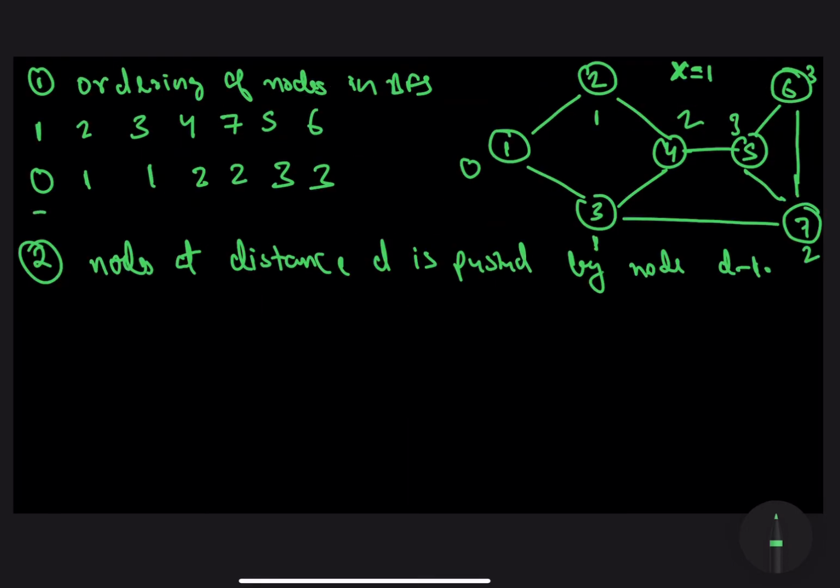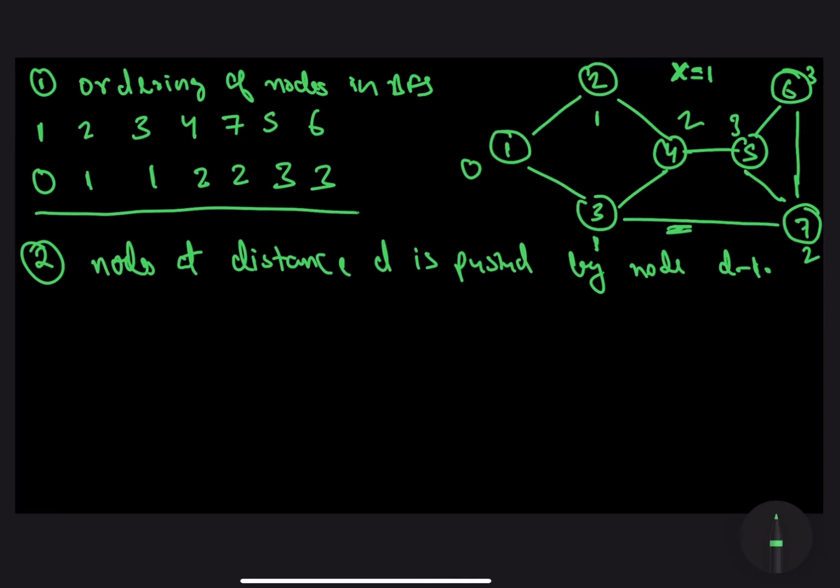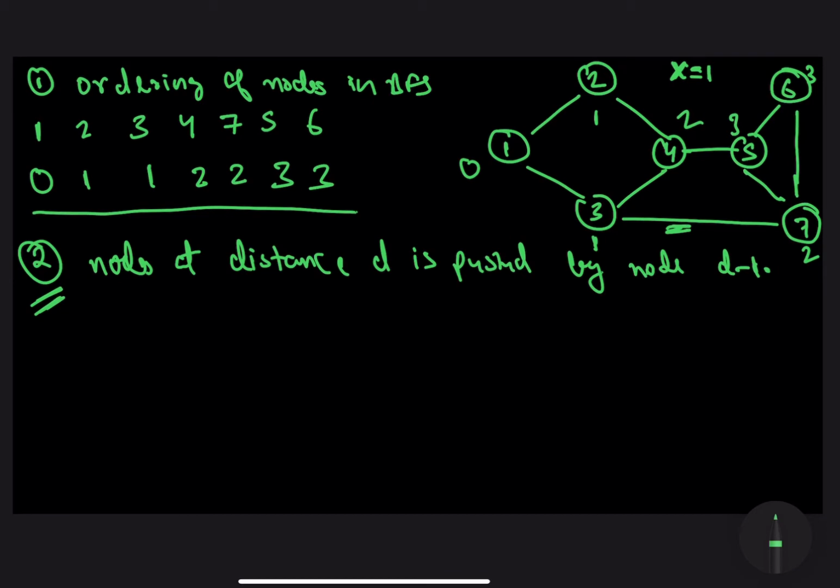Now this order over here is one of the valid orders for performing BFS from node x equals 1 on this graph given over here. Alright. Now all we have to do is understand how to actually integrate this second property to solve this particular use case. To understand this, in the original breadth first search algorithm, we made a very small modification. Now for those who don't really know how we actually code up a breadth first search algorithm and the algorithm itself, you might want to watch my video on BFS because that is important over here, and we will make a very small modification on that BFS algorithm to accommodate this use case. All right.